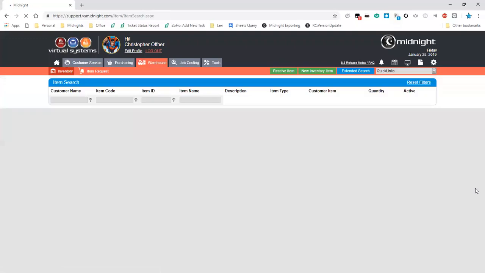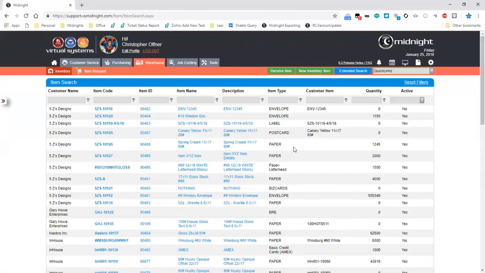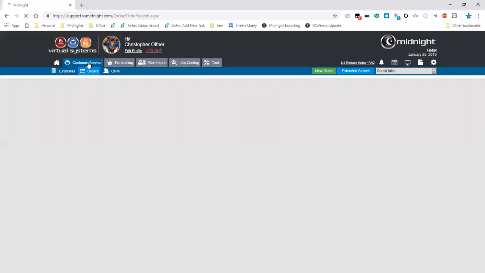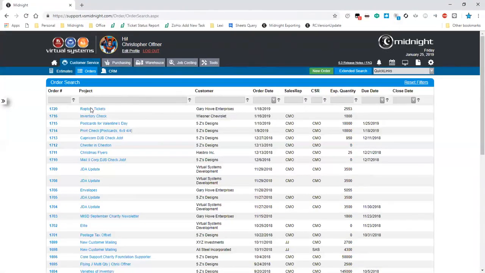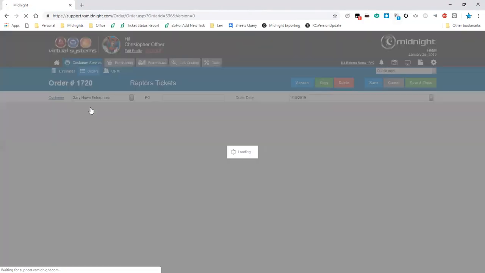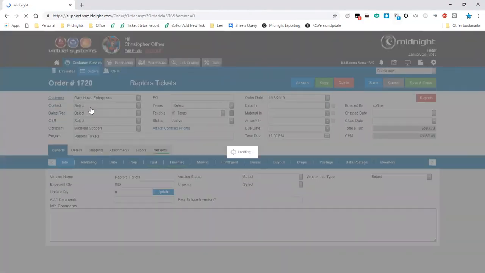A convenience is that within the item search screen, you can right-click the item record itself and do an add, subtract, or move. And of course, again, if you were to handle this within an order, if you have a deduction process established, such as applying a close date or a shipped date, or simply if you have the version deduction method turned on,